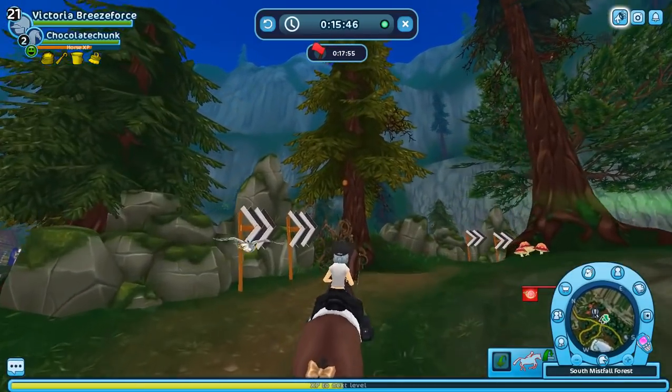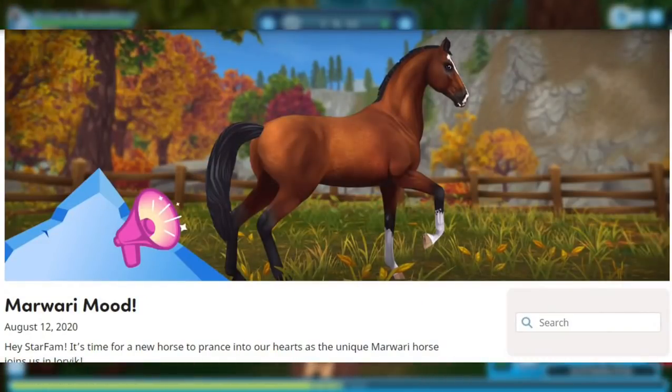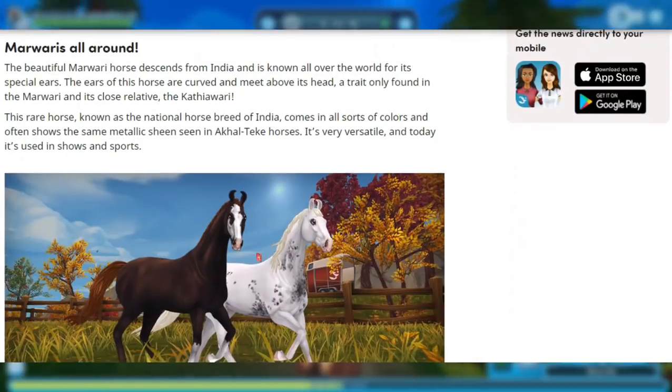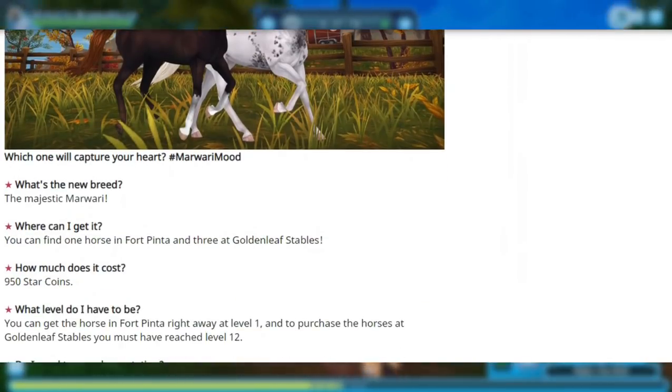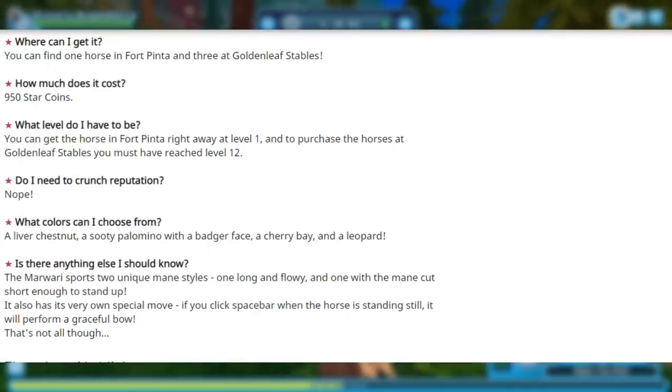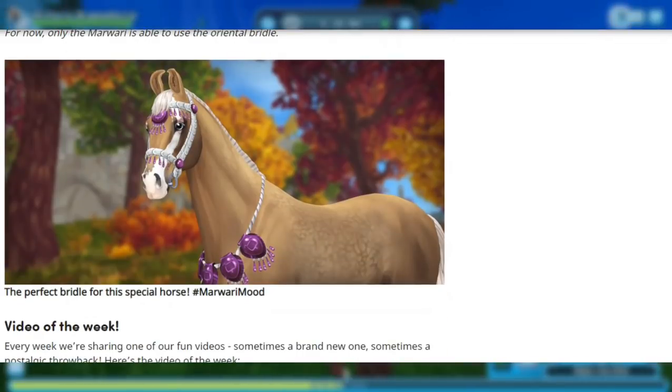And then we have Marwari Mood for number 8 on the list. And personally, from my perspective of these horses, I was super excited seeing the spoilers for these, and especially the coat colors and the facial markings and everything. I thought Star Stable was going to deliver, and what they delivered was not what I was expecting. And these horses are the same as a Frisian horse, and they have their unique bridles and whatnot, which I